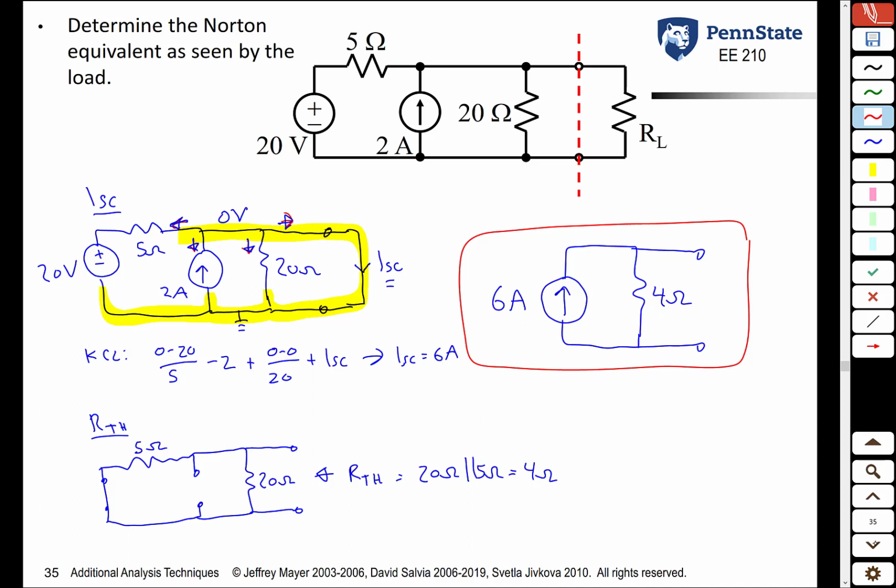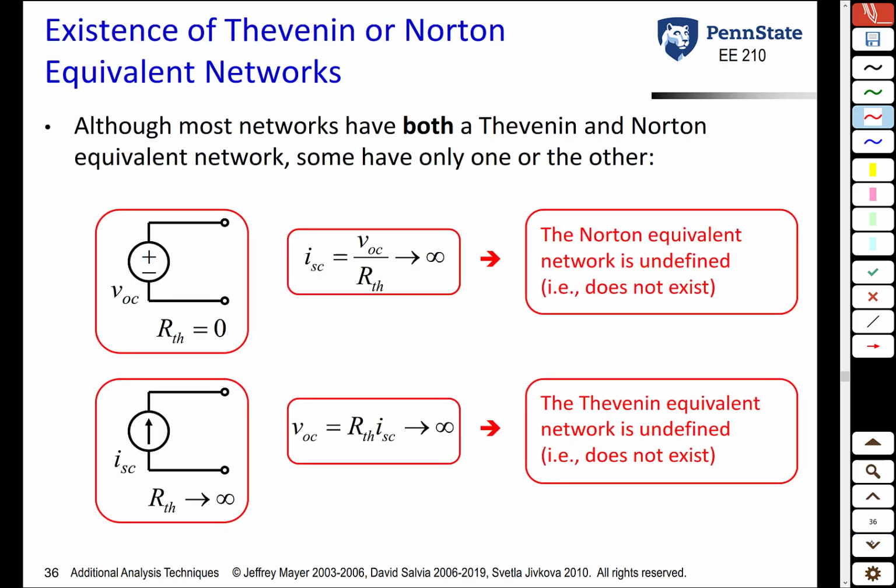So this raises a question. Do all circuits have both a Thevenin equivalent and a Norton equivalent circuit? Well, first off, for a circuit to have either a Thevenin or Norton equivalent circuit, it has to be a linear circuit. Remember, Thevenin's theorem doesn't apply if the circuit is not linear. Assuming that the circuit is linear, most circuits will then have both a Thevenin and Norton equivalent, but there are